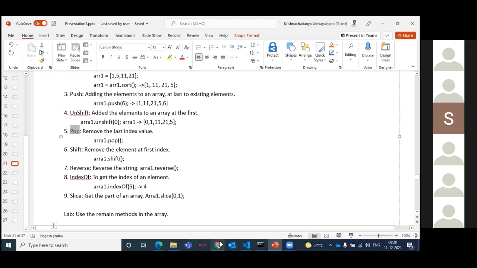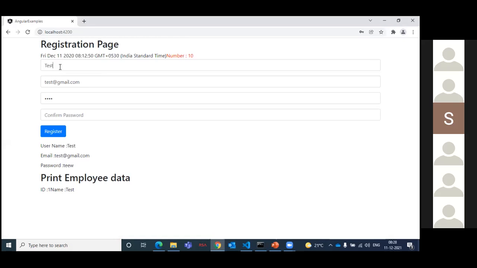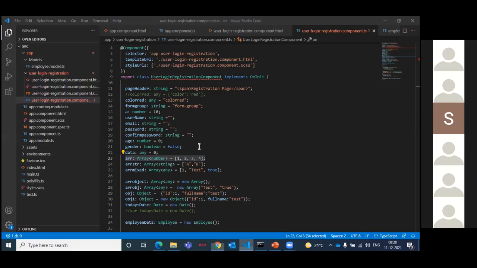Next, if you say array, observe here, an array stores a collection of elements. How will it be? Test, comma, test@gmail.com, comma, password. Am I correct or not? See here, for example, how it is storing: username, email, password, one after another, it will store.